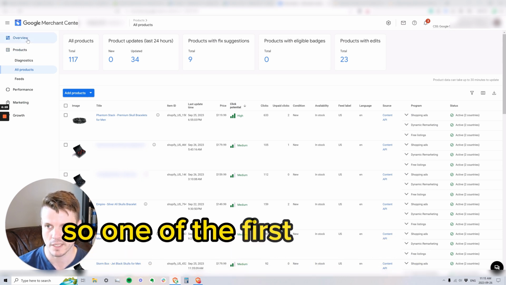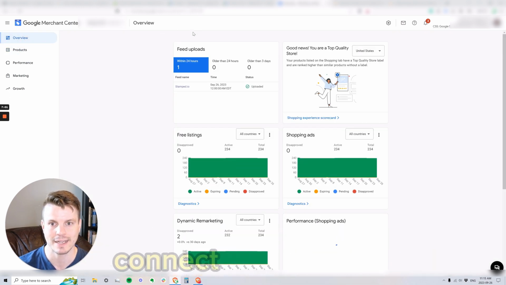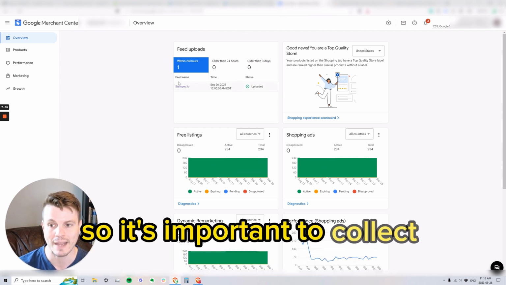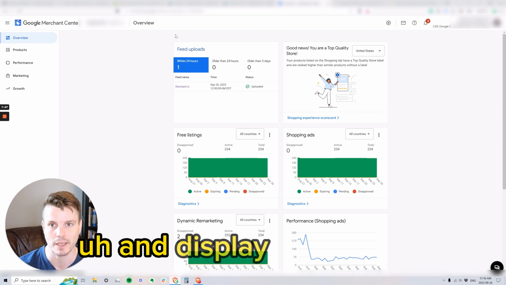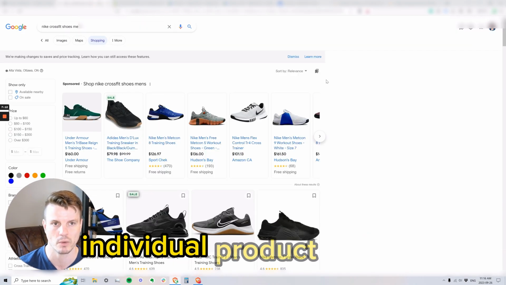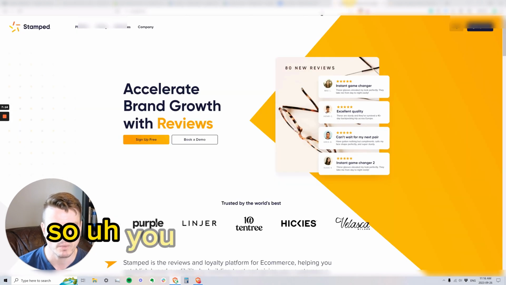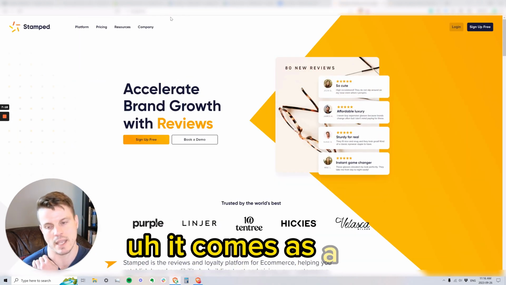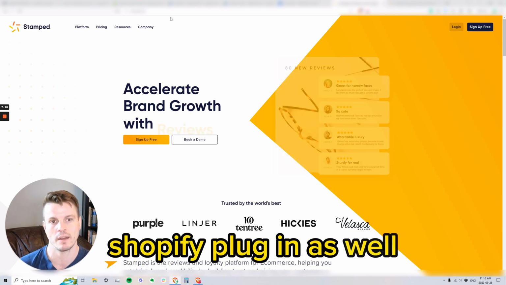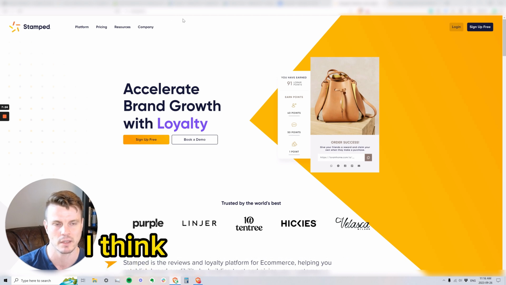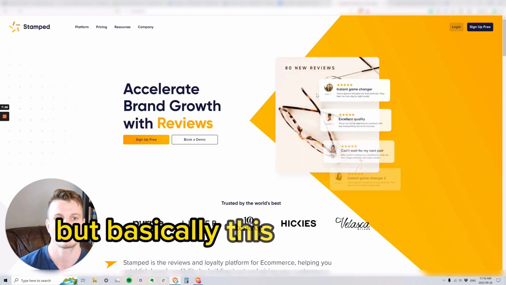So one of the first things you want to do is connect your reviews. It's important to collect reviews and display them in ads, like the star reviews, the individual product reviews. So you want to use a tool like Stamped.io. It comes as a Shopify plugin as well, and it works on other platforms like BigCommerce, I think, and others like this. But basically, this will ask your